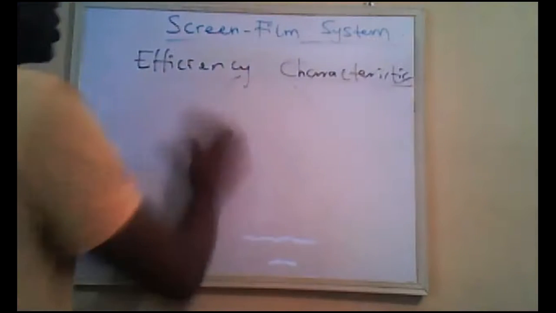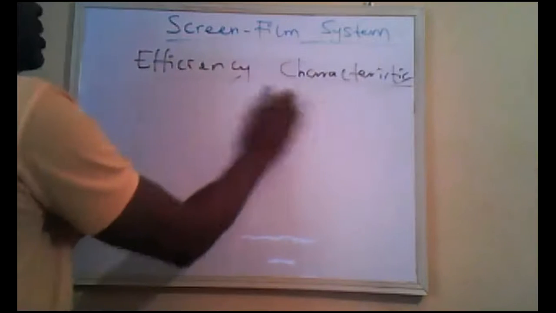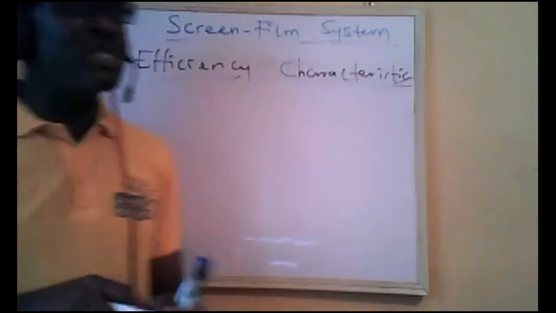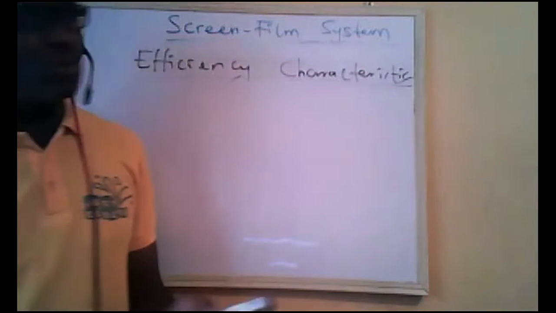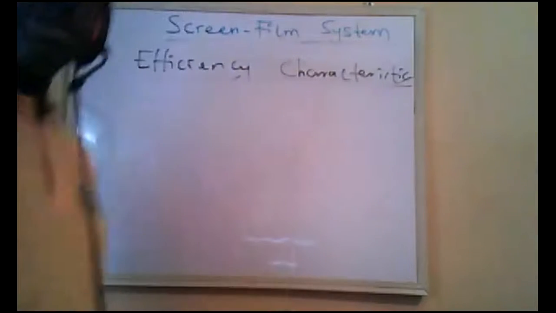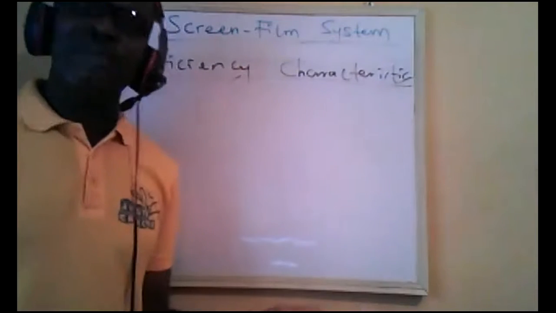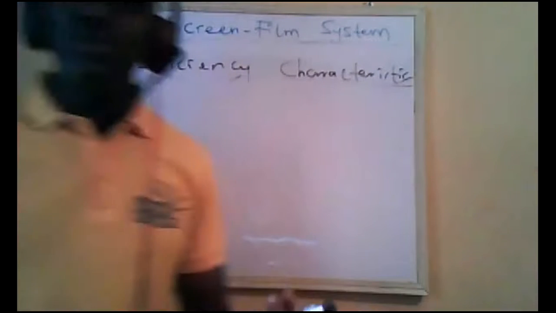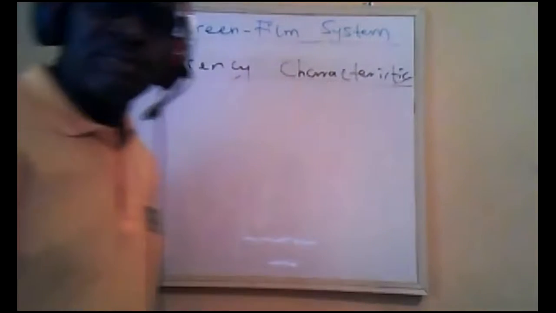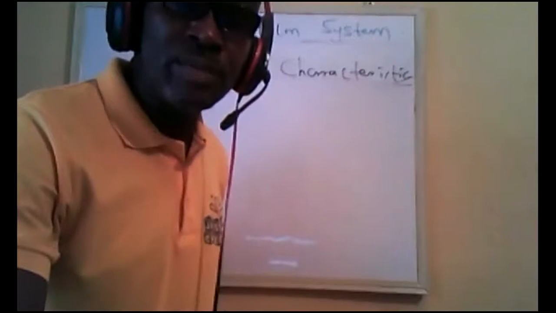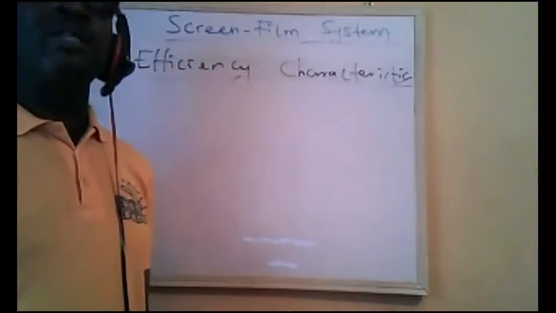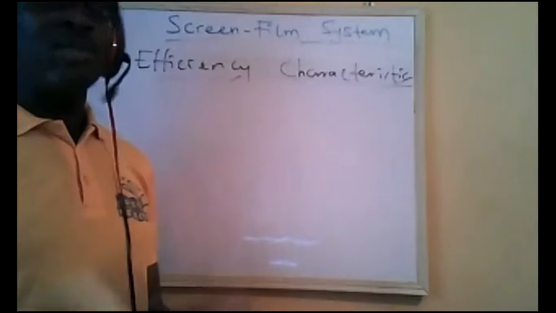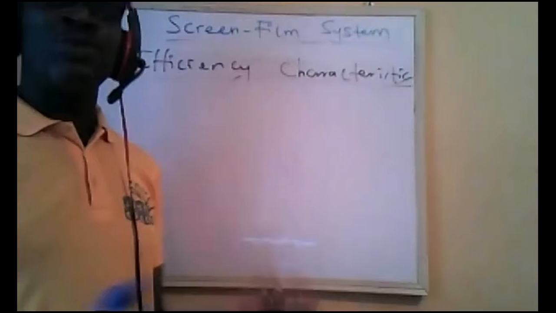For screens, there's also something we need to know. We don't just use a screen out of the blue. We have a reason for using one screen in a particular modality compared to another. For example, in general radiography, we normally use a double screen like we have here, like I showed before. The normal thing is to use a screen film system that has two screens sandwiching